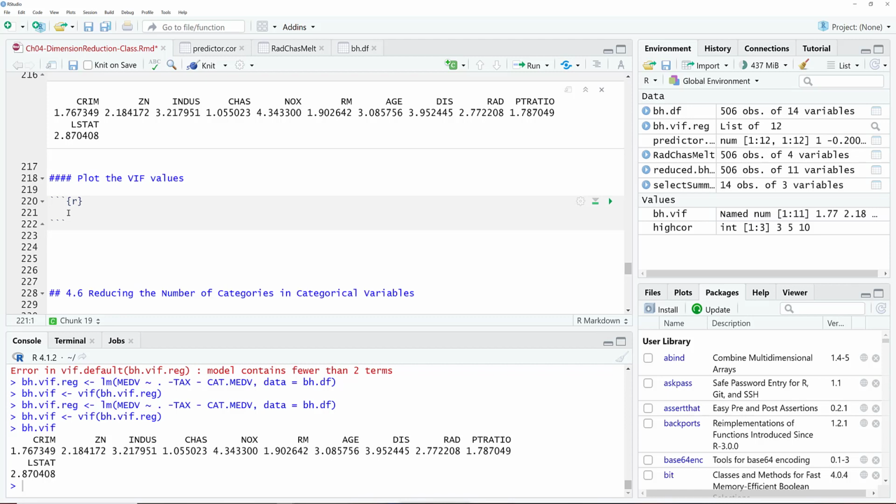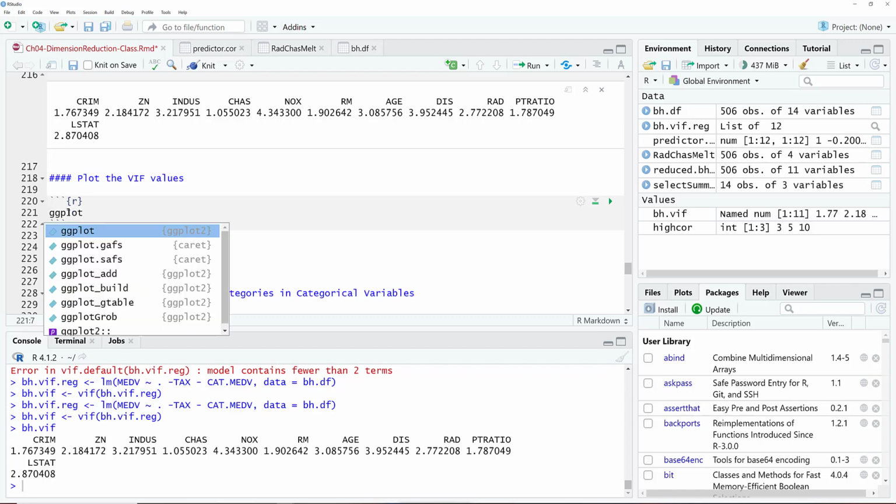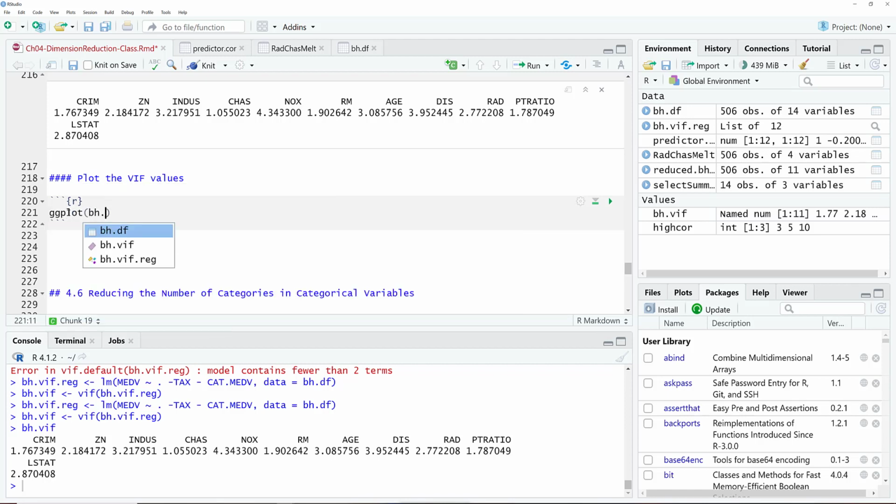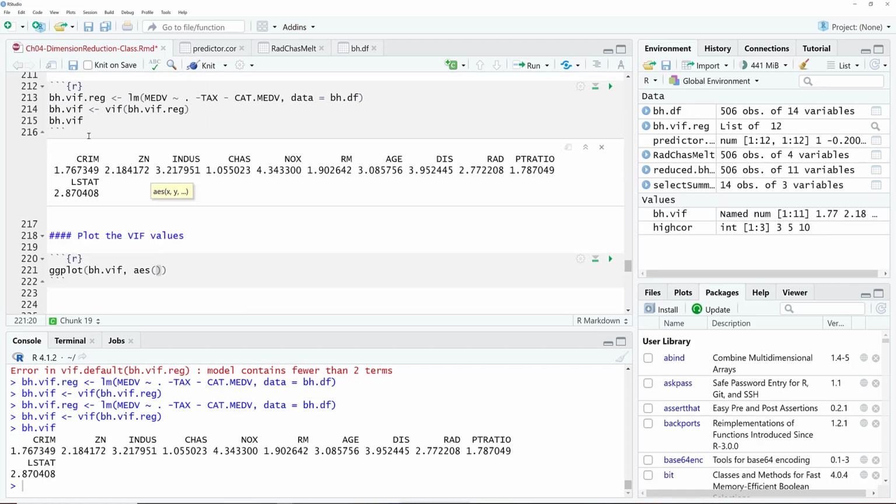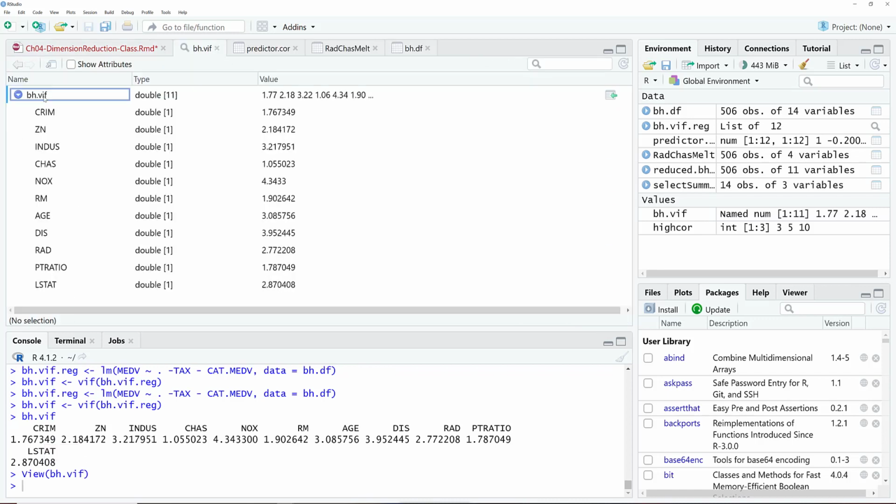So ggplot of bh.vif, and the aesthetic is, let's look at what that is. When we looked at it, it has row names which are the variable names. If you view bh.vif, you'll see